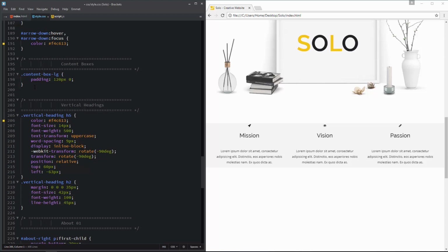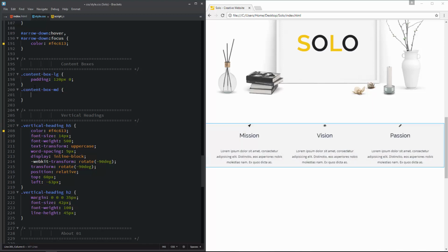Okay, let us create the medium box. I am going to create a class, and the class is content-box-md, which means medium. This is going to be the medium content box class. And we will set top and bottom spaces which will be less than the large box.